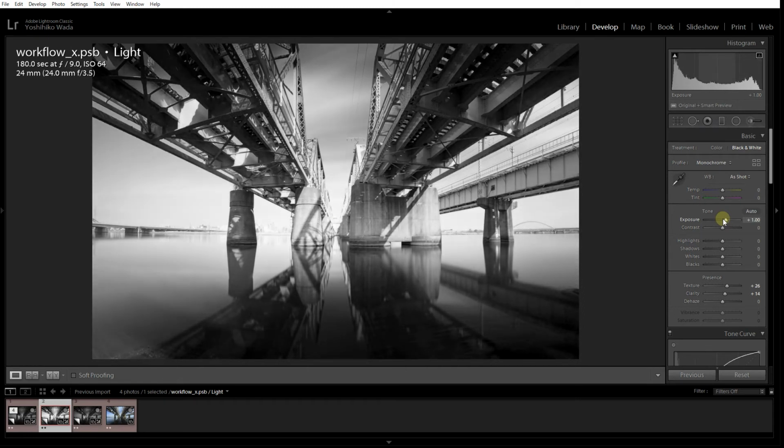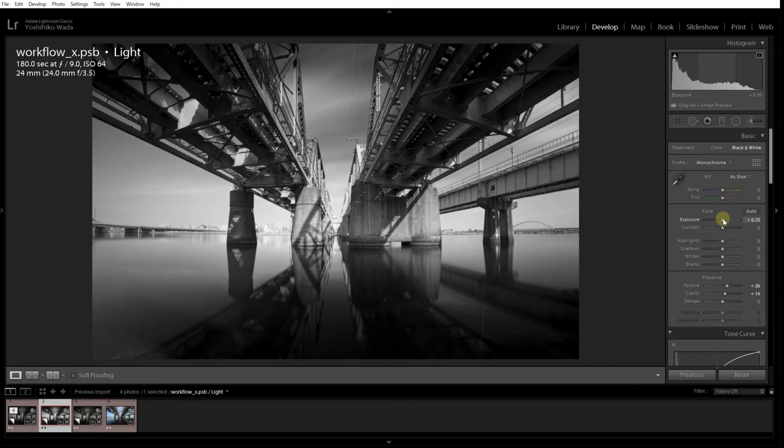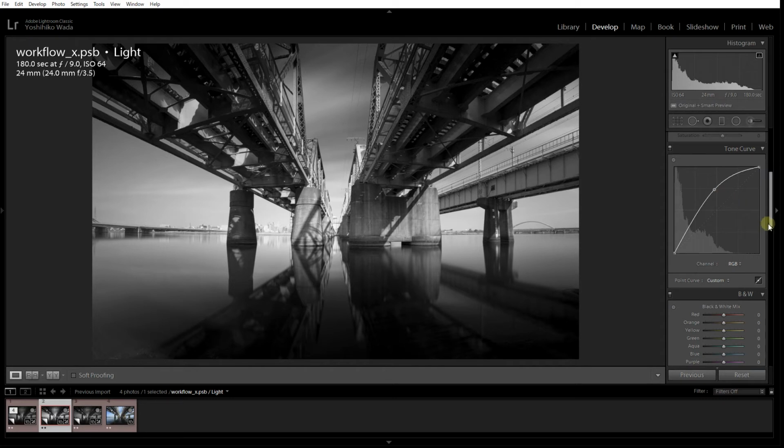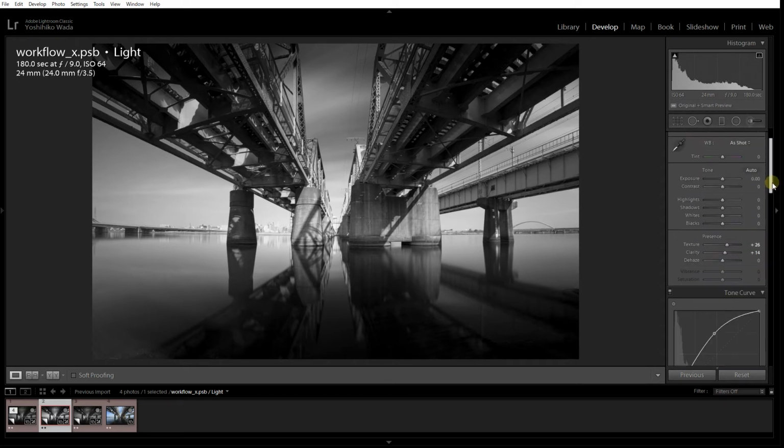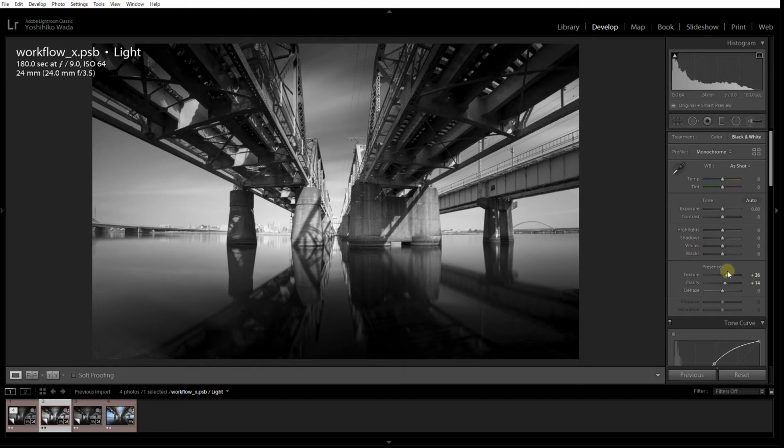This is too bright. Maybe just plus 0.2 is okay. Or you don't have to do that, just with tone curve or give it more highlight. Plus 20. That's okay. And let's check